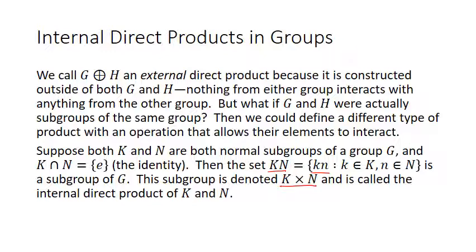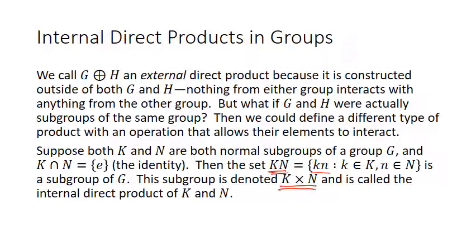This is a really unfortunate notation, but that is how it is denoted, and that is called the internal direct product of K and N. I really wish that they would not denote it like this and that they would just leave it as K times N, just sitting next to each other with no symbol in between, but we're going to denote it like